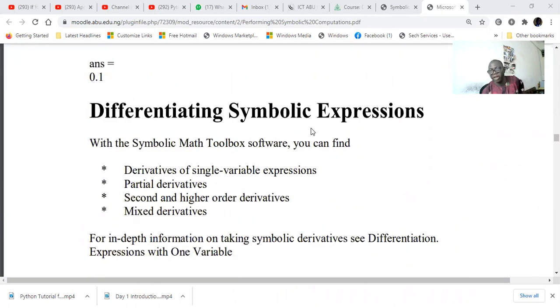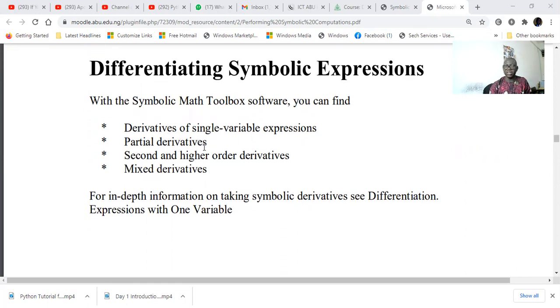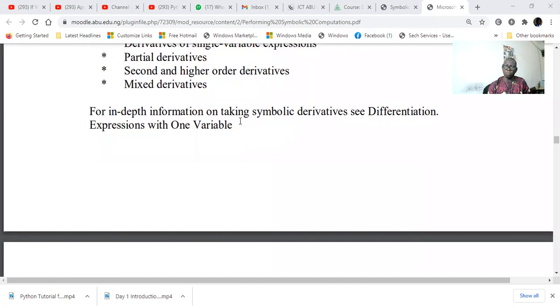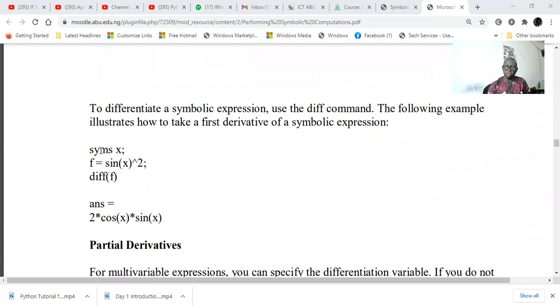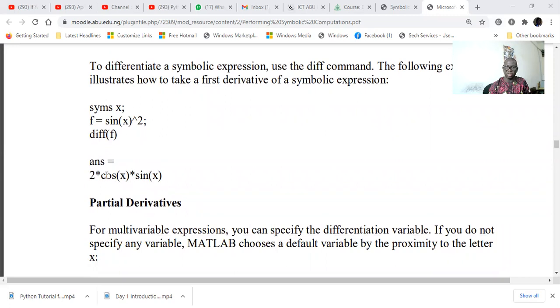Now, differentiating symbolic expression. This is where I want to quickly rush to because of our time. You can read up the other one. With the symbolic math software, you can find derivative of single variable expression, partial derivative, second and higher order derivative, mixed derivative. What you just need is to define your symbolic variable with syms s, then f is equal to sine x raised to power 2. Then differentiate f. It's going to give you the differentiation immediately, 2 cos x and